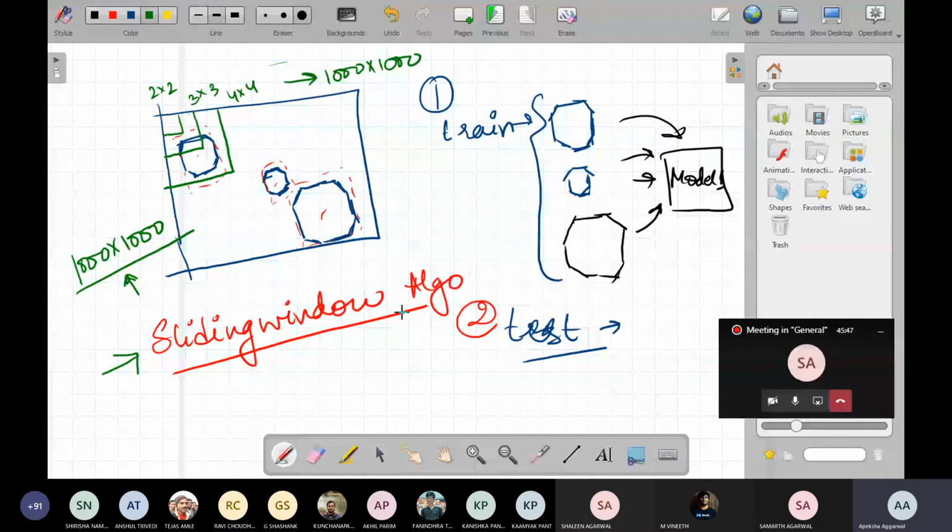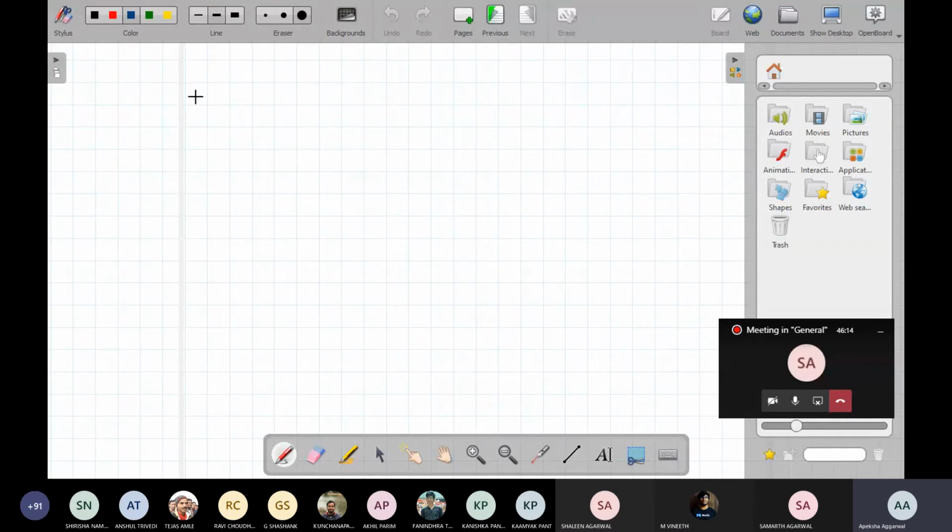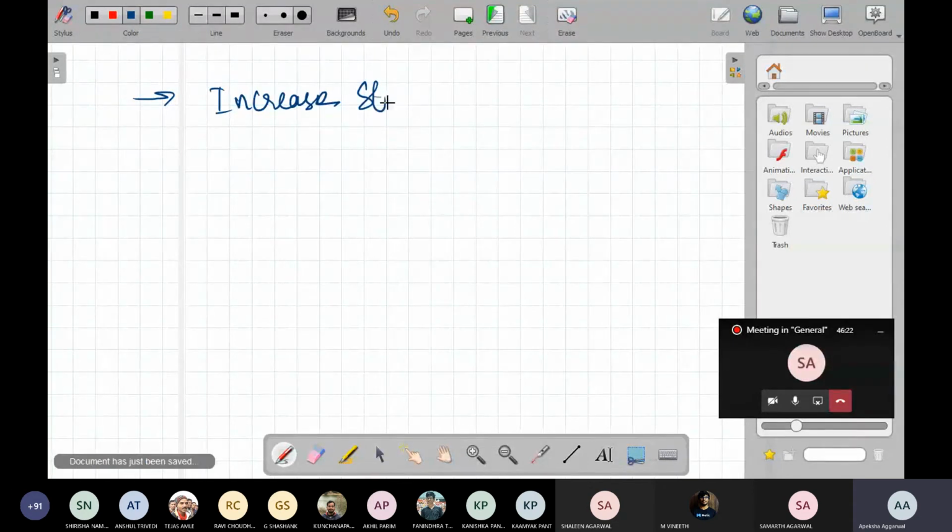So what do we do if we are practically implementing sliding window? The first thing we do is increase the stride. So what is a stride? To make it more efficient, we increase the stride.